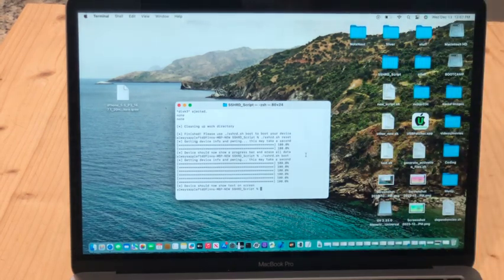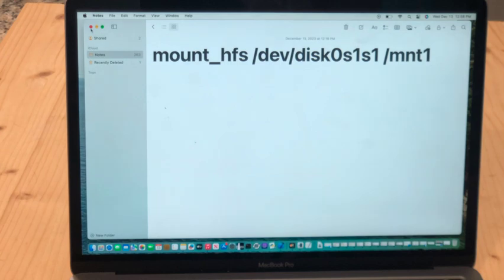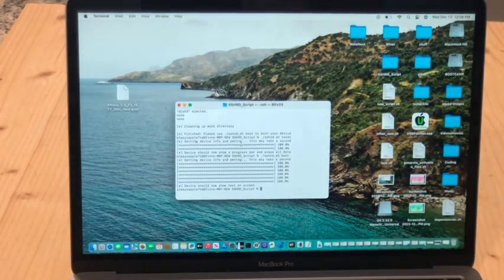Now what we're going to do is basically the same thing, but there's a few adjustments that we're going to make. So remember before, we used that mount HFS command to mount the file systems. But iOS 10 almost did us a favor and made it easier. You don't have to do that complicated HFS command, which was right here, anymore. All you have to do is first SSH into the device like before, using ./sshRD.sh and then SSH, press enter,